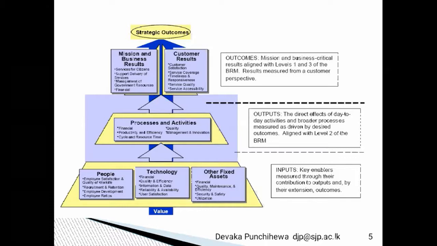When it comes to customer relationship management and business relationship management, these are very critical components, right? Customer satisfaction, service coverage, timeliness and responsiveness, service quality, service accessibility, right? With regard to customers and with mission and business results,